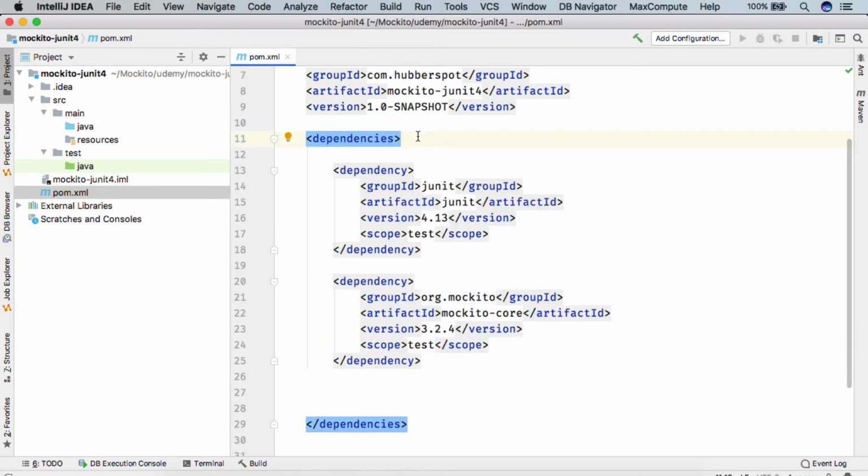Here we'll see the demonstration of how we can use Mockito annotations when we are testing in JUnit 4. So friends, here you can see the project is empty. So what I will be doing is, in our previous lecture we saw an example, so I will simply copy that example here and then we'll see how we can use the Mockito annotations with JUnit 4.